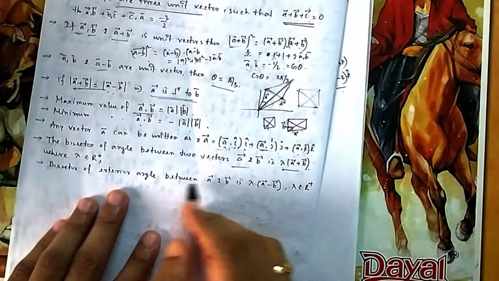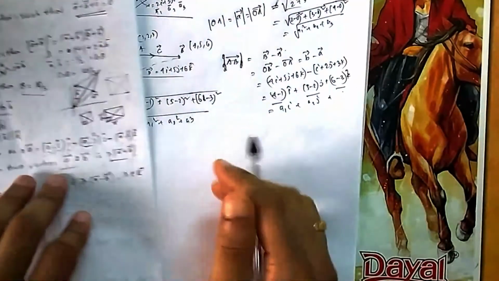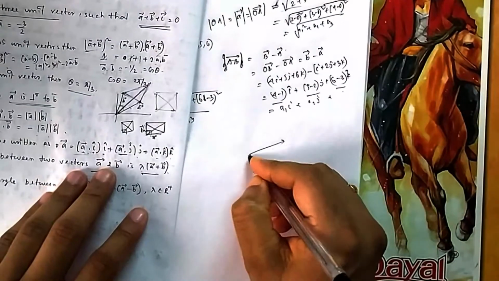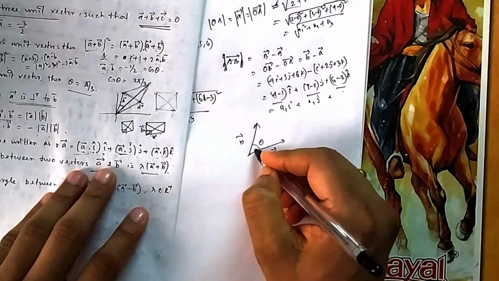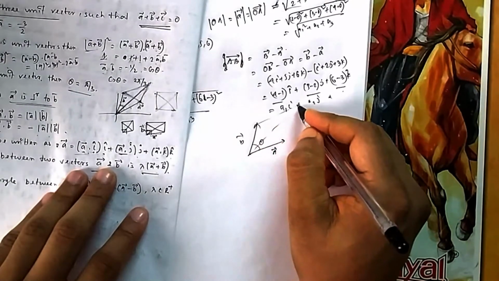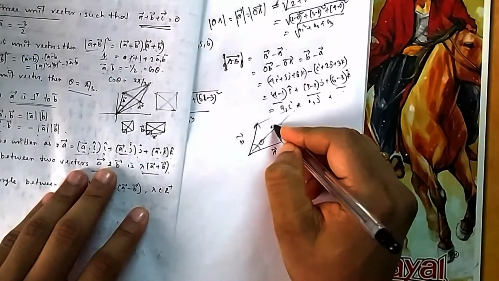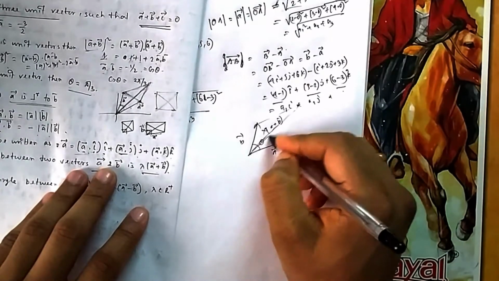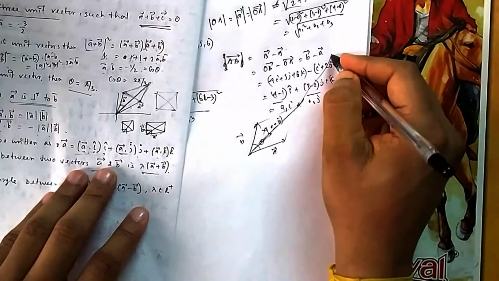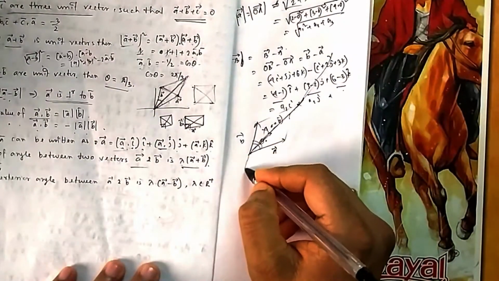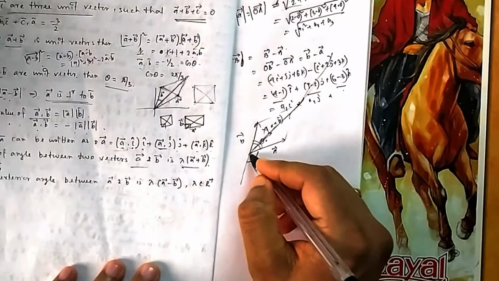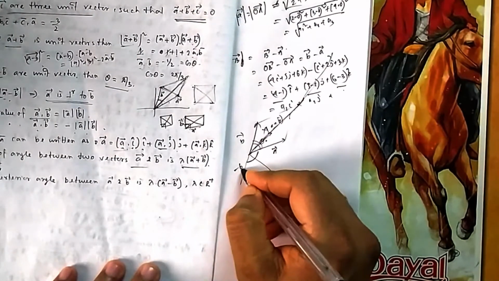Now if it is the exterior angle bisector, because this is the interior angle, if I say A, B, and this is the angle theta. So you draw a rectangle, so this is A plus B. If you multiply by lambda, you can take this much, this much, this much depending on lambda, but it will be the angle bisector. Now what is the exterior angle? This is the exterior angle. So if you want to get the bisector of this one, this will be minus B.